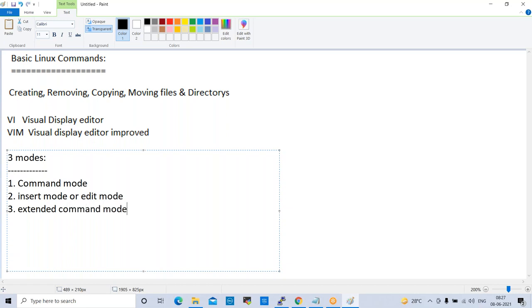So these are the three modes available in vi.